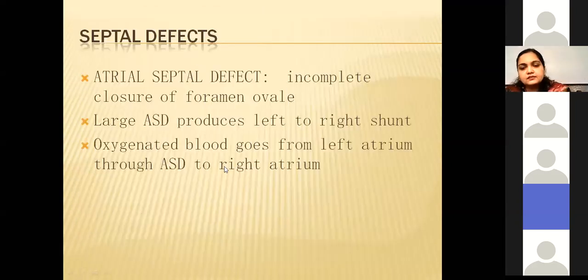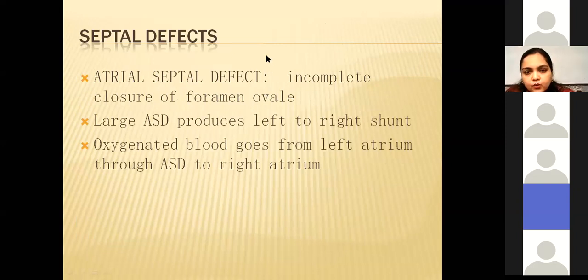Septal defects, atrial septal defects and ventricular septal defects: these are present in the interatrial septum, and the ventricular septal defect in the interventricular septum. Incomplete closure of the foramen ovale. What is this foramen ovale? There is the fossa ovalis. One thing which I left